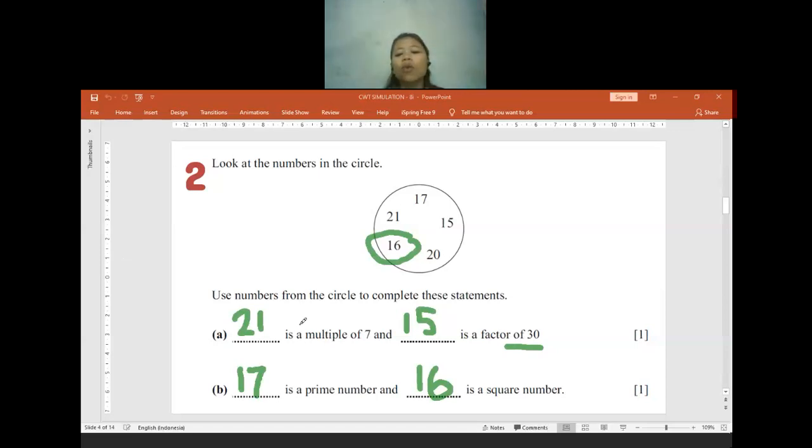If one of these is wrong, I will give you 0.5. If these two numbers are correct, I'll give you 1 mark, if you are asking about the checking. Is there anyone who has questions so far? No? Okay, if no one has a question, let us continue to question 3.